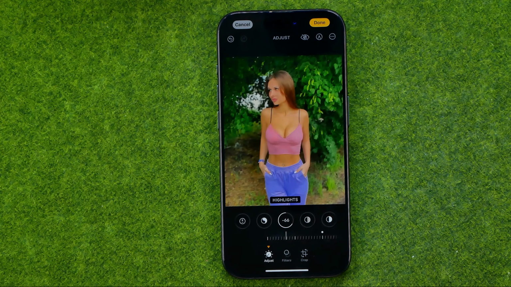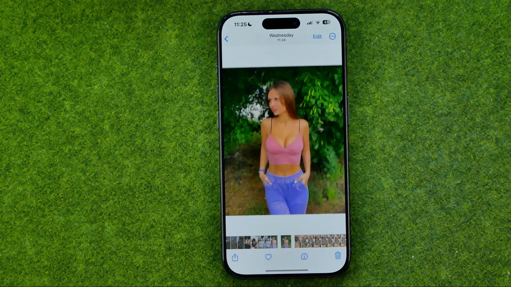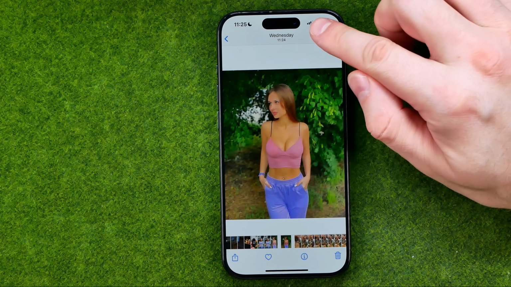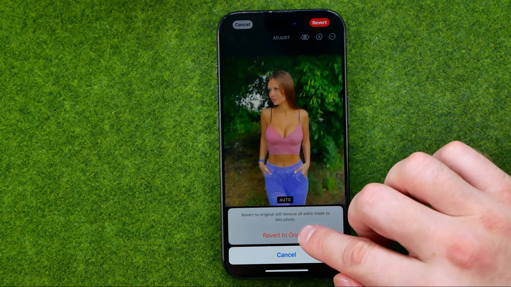Once it is done and you are happy with the result, tap right here to save the changes. If later in the future you will decide to revert this photo to original, you can easily do so any time. Just tap at Edit, Revert, and revert to